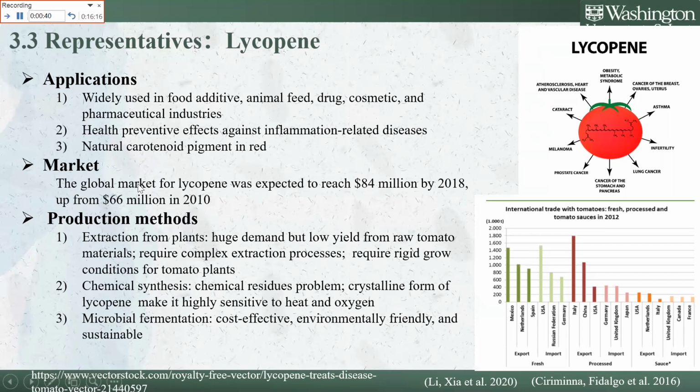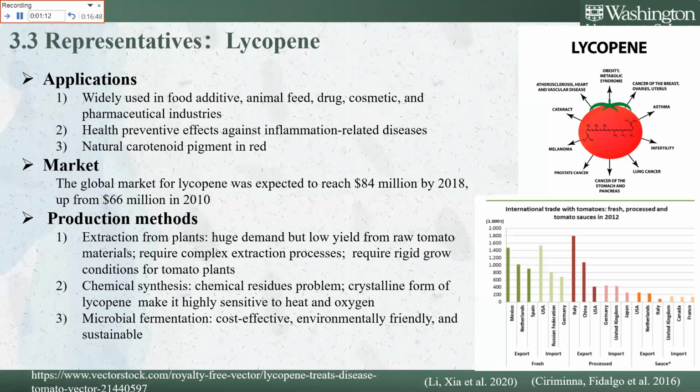According to some data, the global market for the lycopene was about 84 million by 2018. And also, its ingredient, that is tomato, has about 160 million tons per year. So we have a great requirement for the lycopene. So there are 3 different ways to produce it. The first one is about the